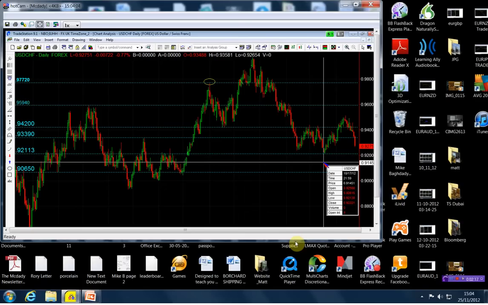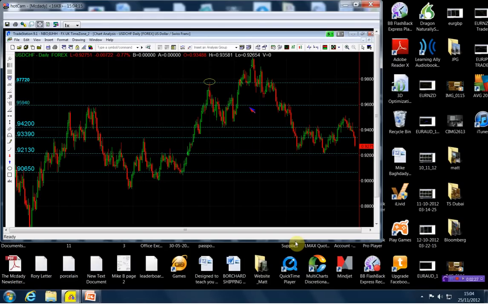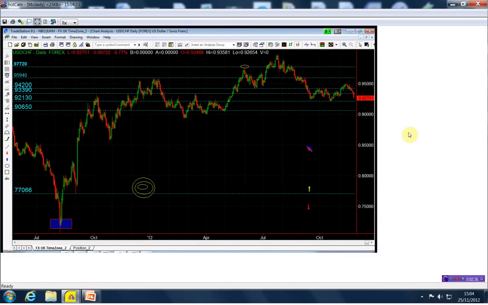92.13. And if it trades below 92.13, then I will have a structure failure to the downside, and that will be the beginning of a bear leg to the downside in the dollar Swiss, because as you can see here, this is your structure point. That came down. This is a failure. This is my structure point, and so